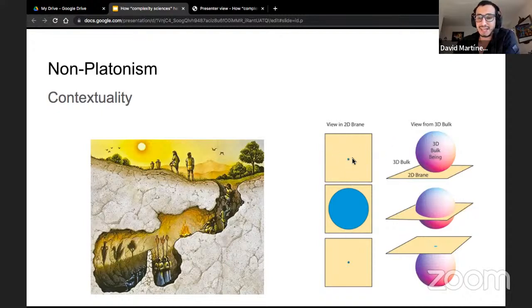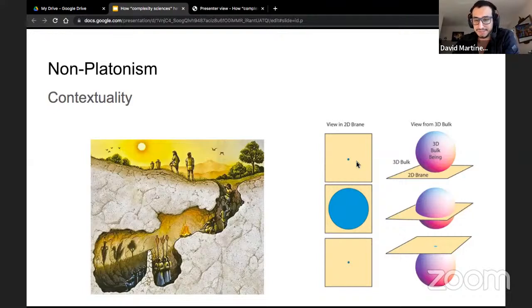We see a little circle that will become bigger and then become small again. So the truth changes depending on the context that we are in. Another example is 1 + 1.